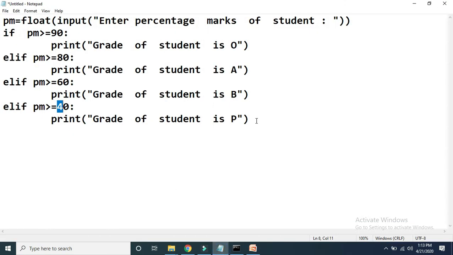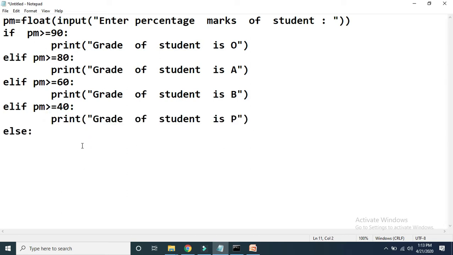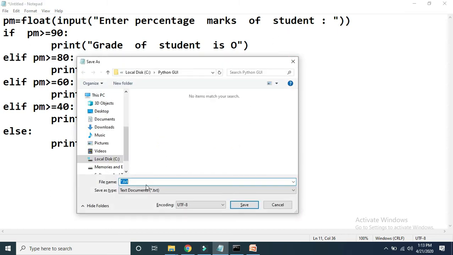As we discussed in the last video, if all above conditions are false, it will execute the else block. So at the end we just mention the else block. When this else block is executed, all above conditions are false, which means percentage marks are less than 40, and we display the message: student is fail.